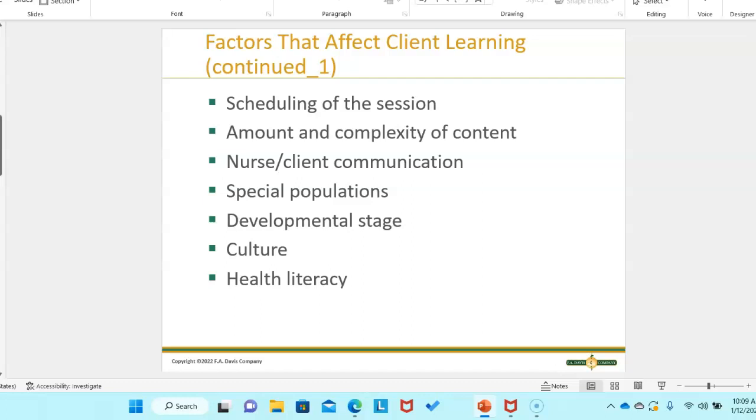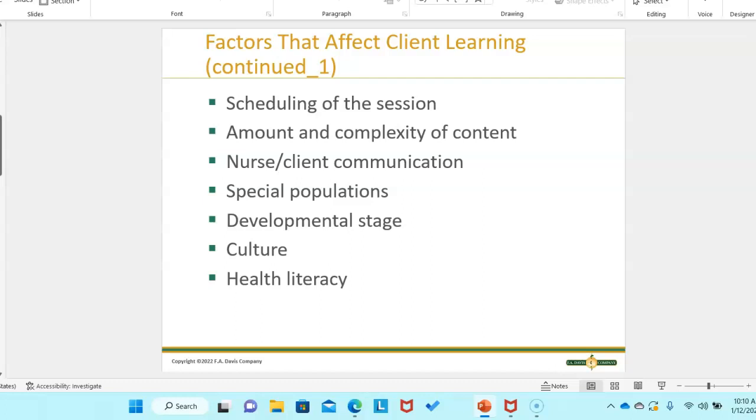The nurse-client communication. Barriers to communication include pain, anxiety, hunger, language differences. We got to consider those special populations. So the adaptations you make will depend on the nature of the special needs. So if you are not familiar with the client's condition, you must acquire theoretical knowledge of it, include a family